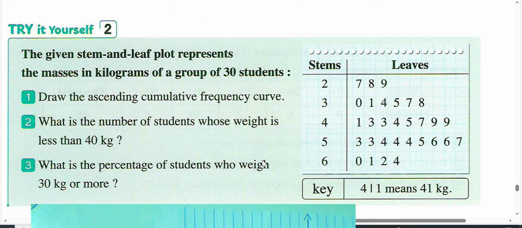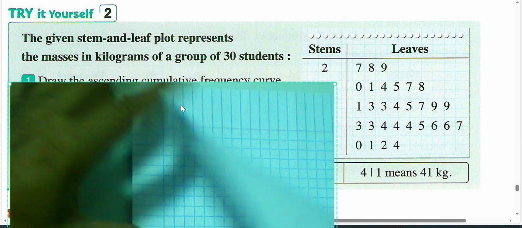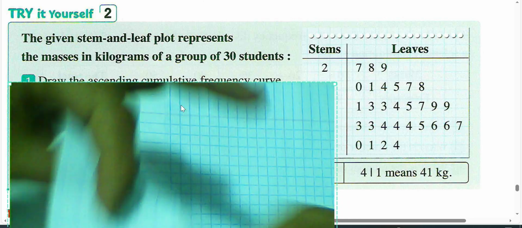Start yourself, number 2. Focus with me here. It says: given stem and leaf plot represents the masses in kilograms of a group of 30 students. Draw a standard relative frequency curve. Okay, first step. We start now to draw